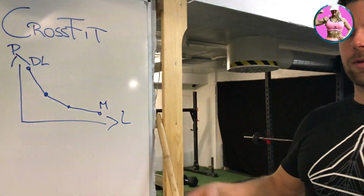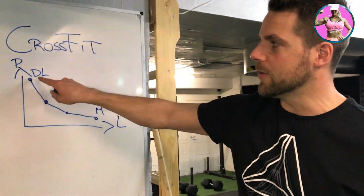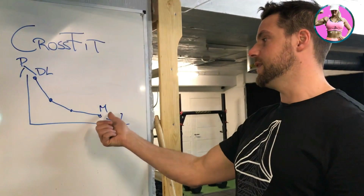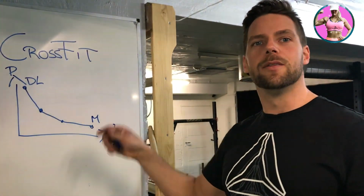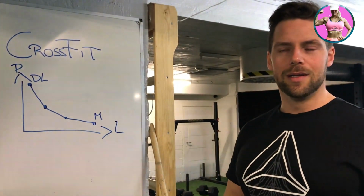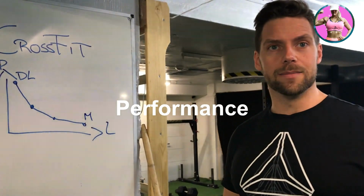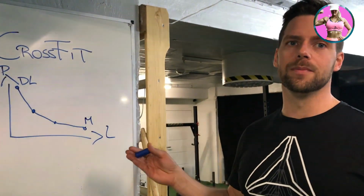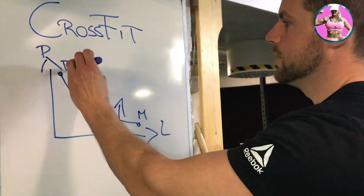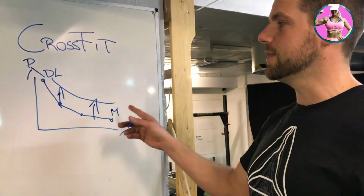So what we're looking at in CrossFit is not necessarily being the best powerlifter, max deadlifting 300 kilos, or getting the fastest time on a marathon, but doing everything in between, so our overall performance will increase, independent of what we choose to do. So if we think of this whole axis, we want every little thing to be a little bit better than it was before,